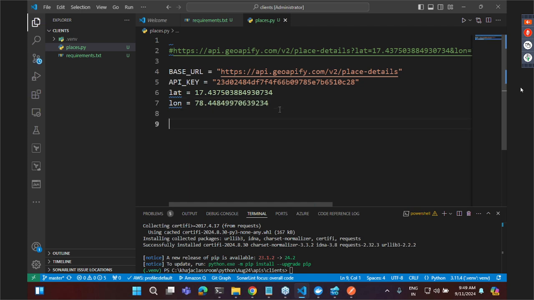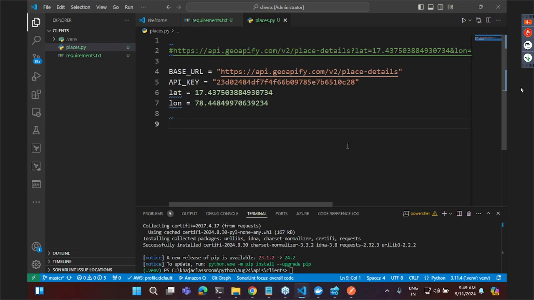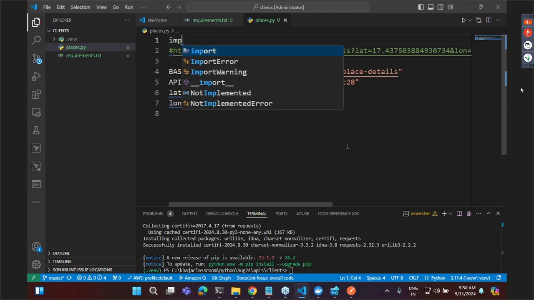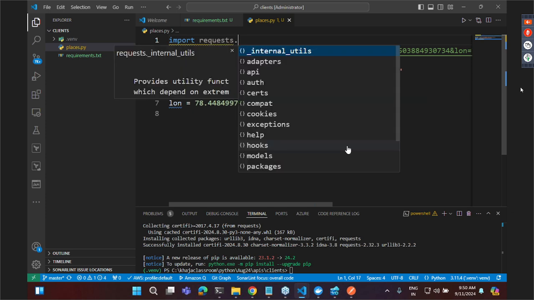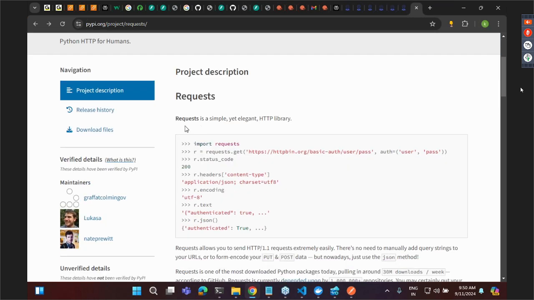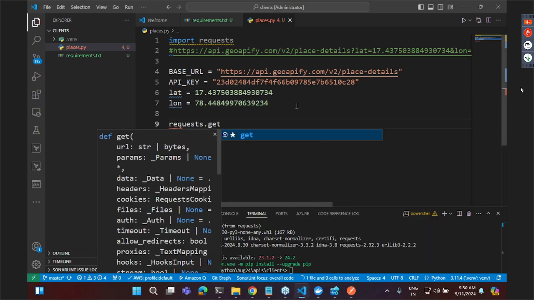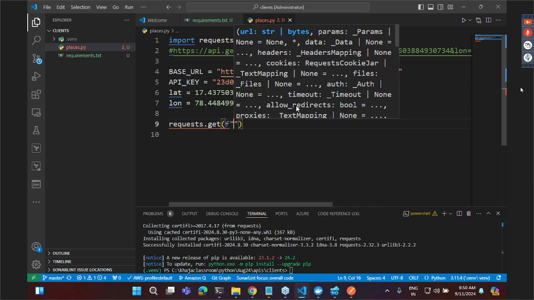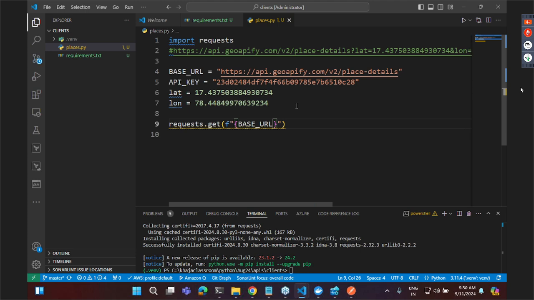Okay, fine sir. Now the request which I was trying to send over here is a get request. So all I need to do is import requests. Now if you look into this requests library, once you import it, you can start using get methods, put methods, and post methods and all that stuff. So requests.get. What do I want to get? I want to set a URL. So what is my URL? It is base URL question mark